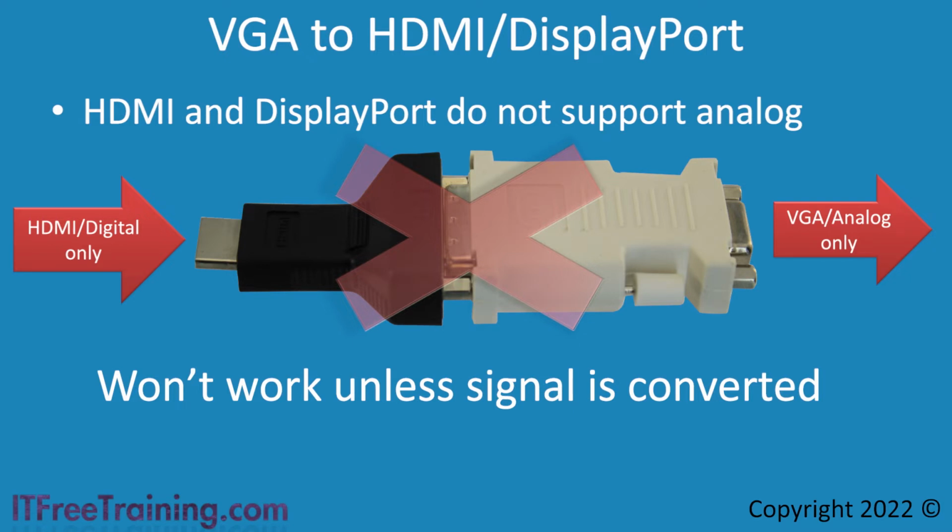Only one device needs to convert the signal to digital from analog. So as long as the signal is converted somewhere, you can use those special cables that wouldn't normally work. However, if you combine multiple cables and adapters of different types together, don't expect it to work. I have, in many cases, used an HDMI to DisplayPort cable, and it won't work with certain devices, so don't expect old standards like VGA to work either.